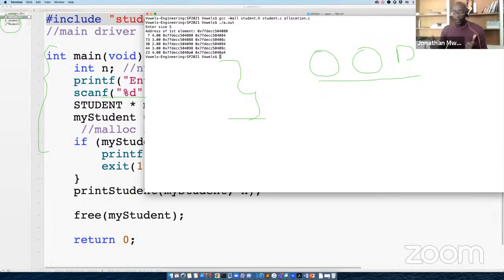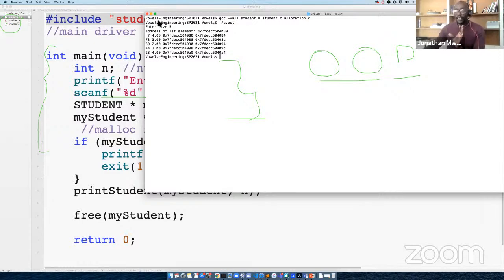Right? So what have we learned? We have learned that we can have multiple files. We can have a declaration file, which in this case is a header file, our own header file, keeping all the stuff that we are declaring. So we are declaring all these materials, and we can have that material stored together. And we can have another file where all our implementations go, for example, function definitions.